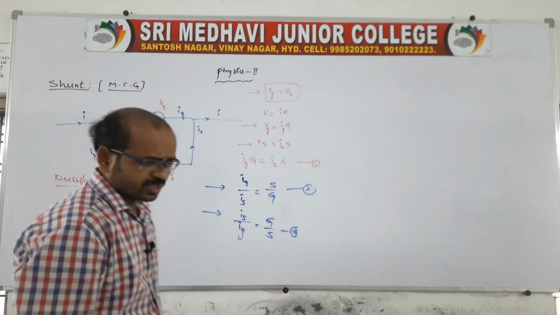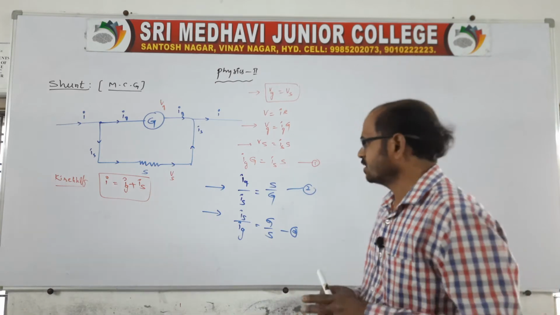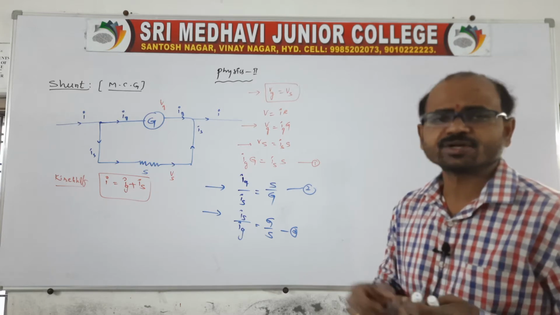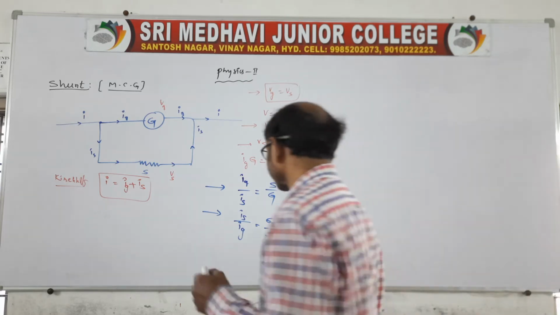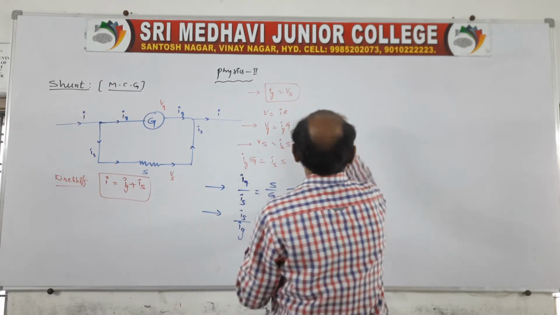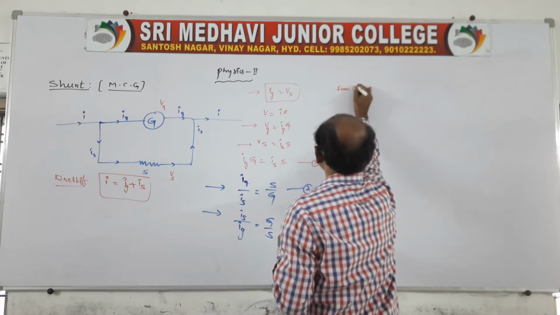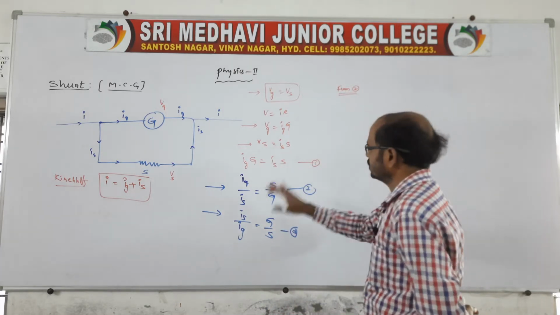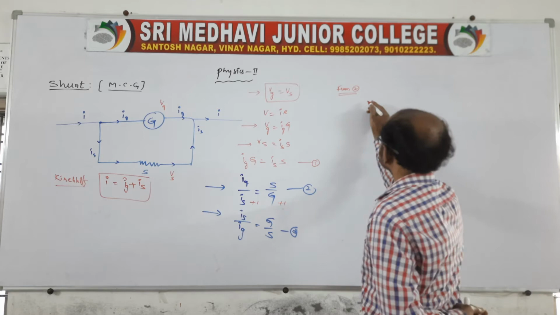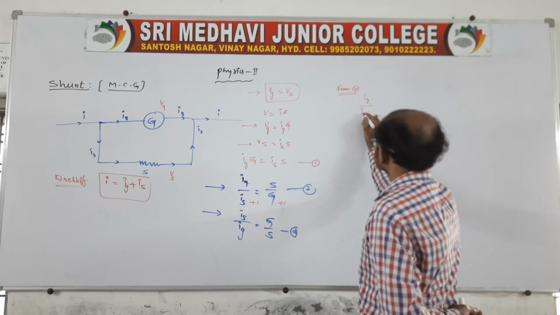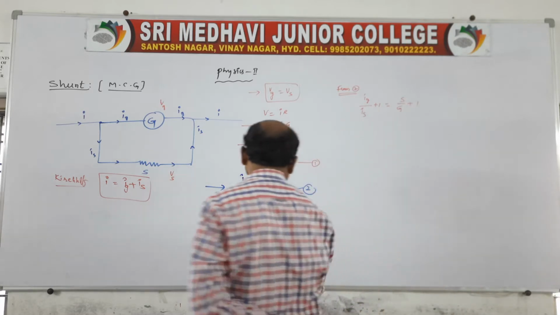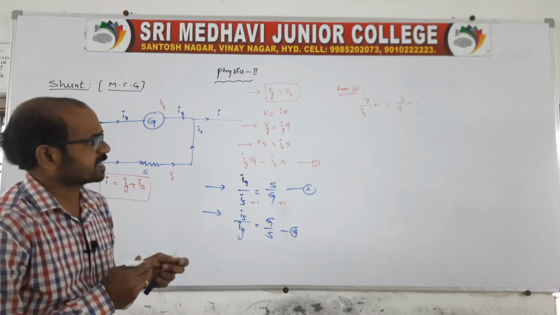Now here we are finding the shunt current and shunt resistance, and we can also find the galvanometer current. Before that, take equation 2 and add 1 on both sides. So Ig by Is plus 1 is equal to S by G plus 1. Adding it changes nothing, because the plus 1 and minus 1 cancel.